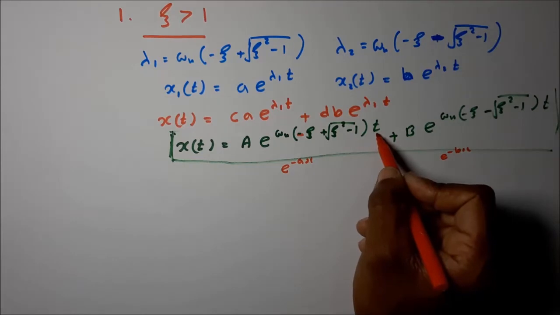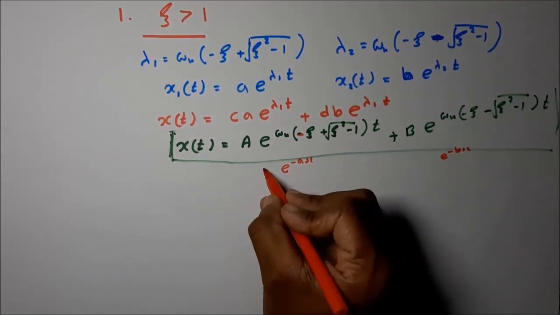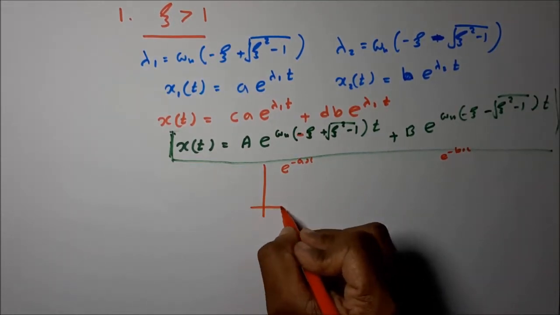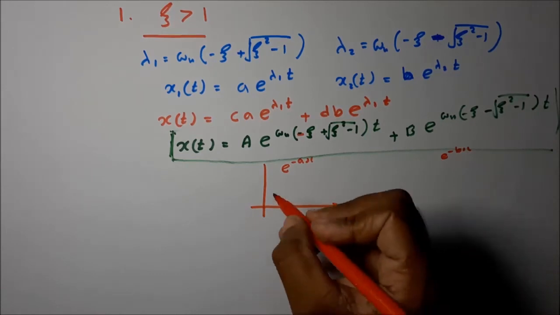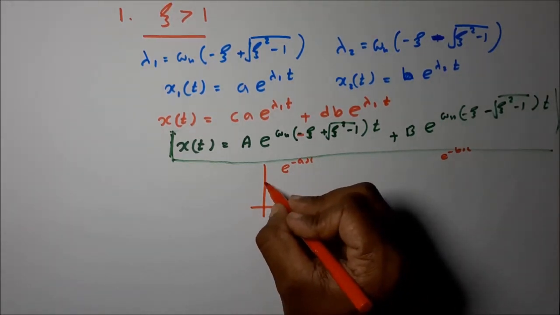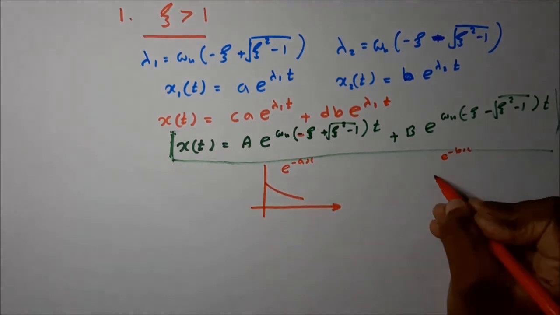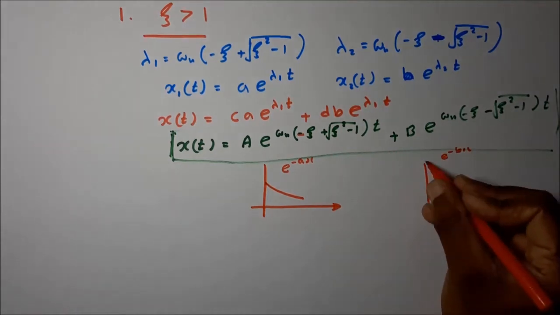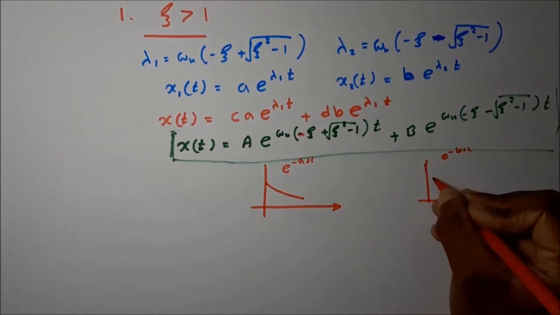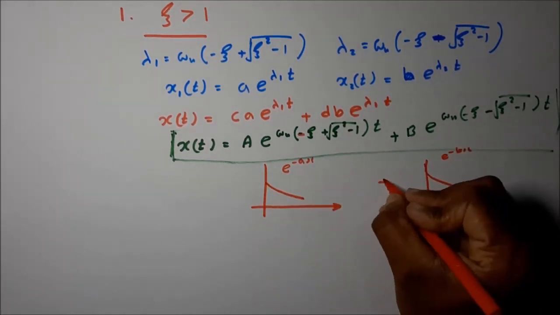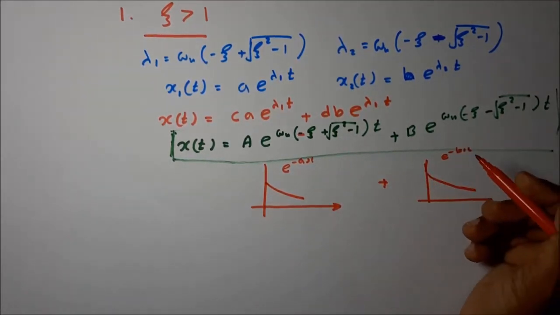The variable is t. If t cannot go to negative, so minus exponential, it has this kind of shape. Both these independent, two different terms have this kind of shape. Then the addition of these two also forms the same shape.